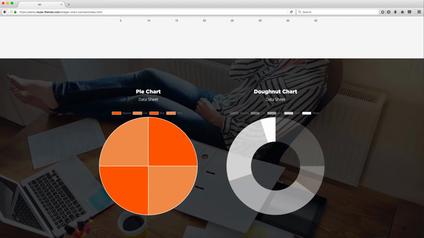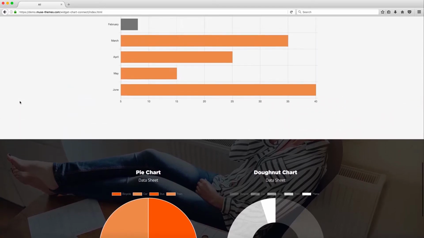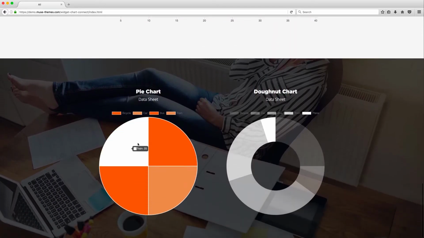By looking at our demo here, you can see a variety of different charts displayed, all which have customizable colors, content, and animation. They're interactive as well. As I hover over each section, I get this hover effect and a stylish tooltip displaying the values. Also, a really cool feature, if I check out this donut chart here, I can click on these categories to filter them out from the graph, and the graph will automatically shift itself elegantly to reflect only the categories that are active. So it's a very powerful widget that we're very excited about, and we think users are really going to love it. So let's dive into Muse and we're going to take a look at how we set this